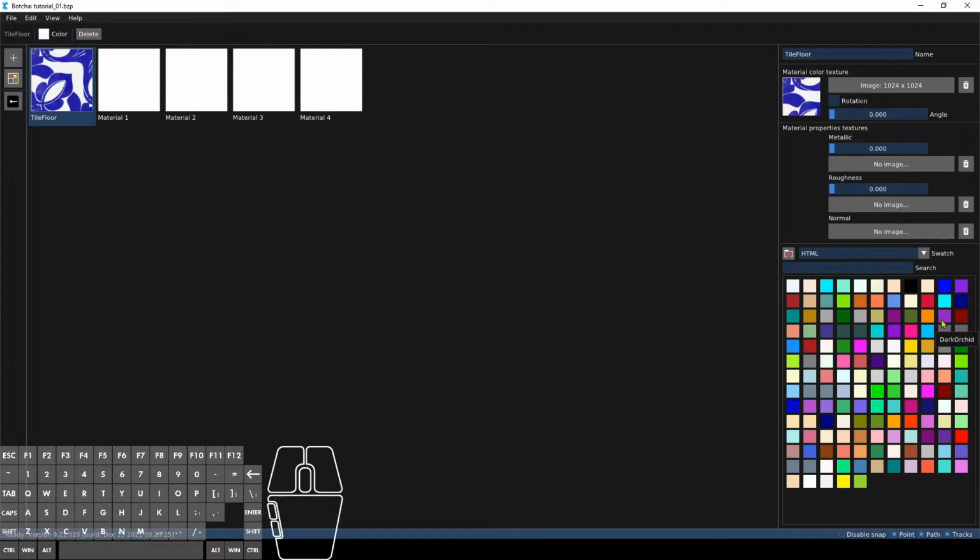The second thing that we want to set is a roughness texture. As you can see from the panel, the materials have a number of properties. One is the color, which is the most simple one and the most visible one. Then we have three other textures or properties that we can set. One is the amount of metallicness, so this metallic slider, or we can set an image to have per pixel metallicness or metalness. This is basically telling how much the material behaves like a metal with respect to light,